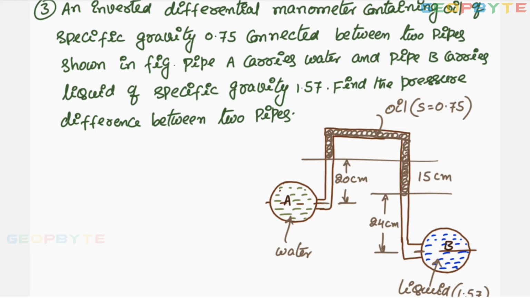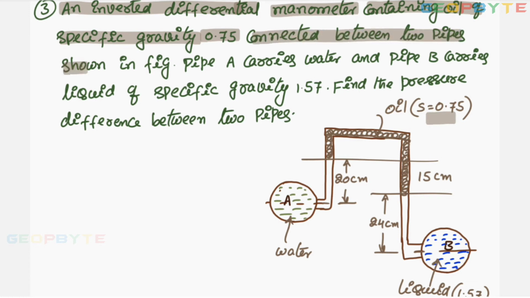Look at the problem. An inverted differential U-tube manometer containing oil of specific gravity 0.75. The manometer is inverted type. In the inverted type manometer, generally the liquid with low specific gravity is provided. Here it is oil of specific gravity 0.75, that is given. Next, it is connected between the two pipes shown in the figure, pipe A carries water and pipe B carries liquid of specific